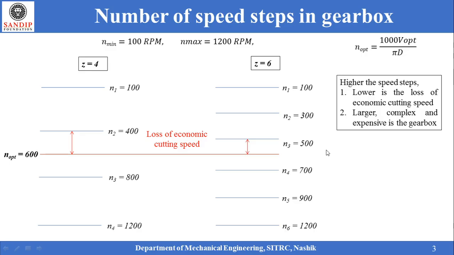Now, this discussion can be extended to the automotive gearboxes as well. Automobiles are driven by prime movers which are not of constant speed. They use IC engines which are variable speed prime movers. Although they are a variable speed prime mover, there exists a very narrow band of speed in which it has lower emission or lower fuel consumption. Gearboxes have to be designed in such a manner that the engine should always run close to this speed range in order to achieve lower emissions and better fuel economy.